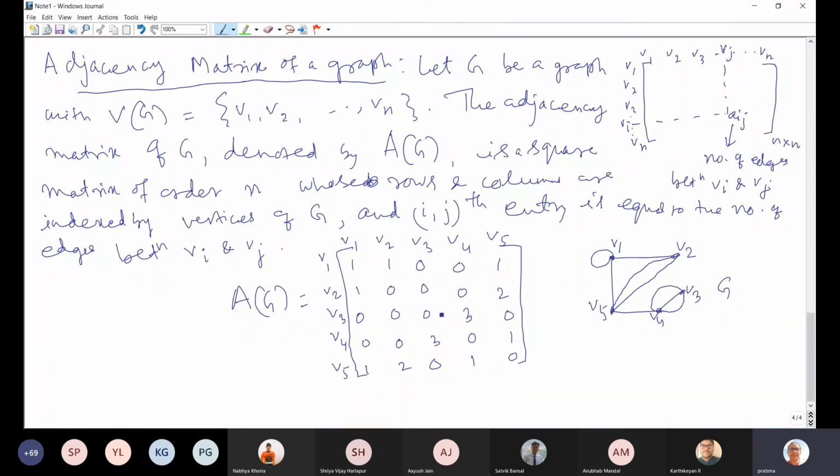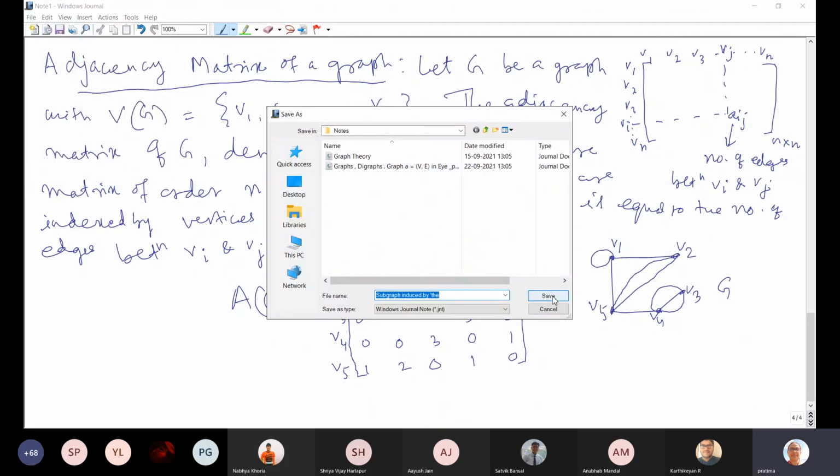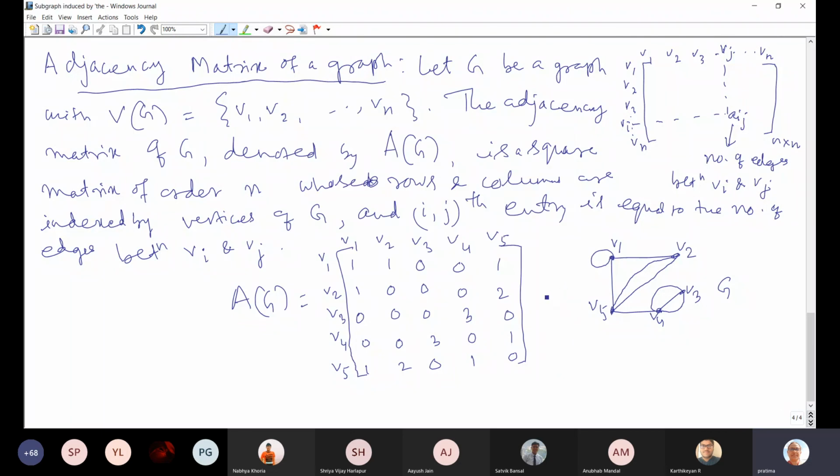Any question? Tell if you have any question, any doubt. Excuse me, ma'am. In the adjacency matrix, you are telling that if there are multiple edges, then we add one to that entry. Like in a graph, if there are multiple edges between two nodes, then we are adding a one to that point, right?